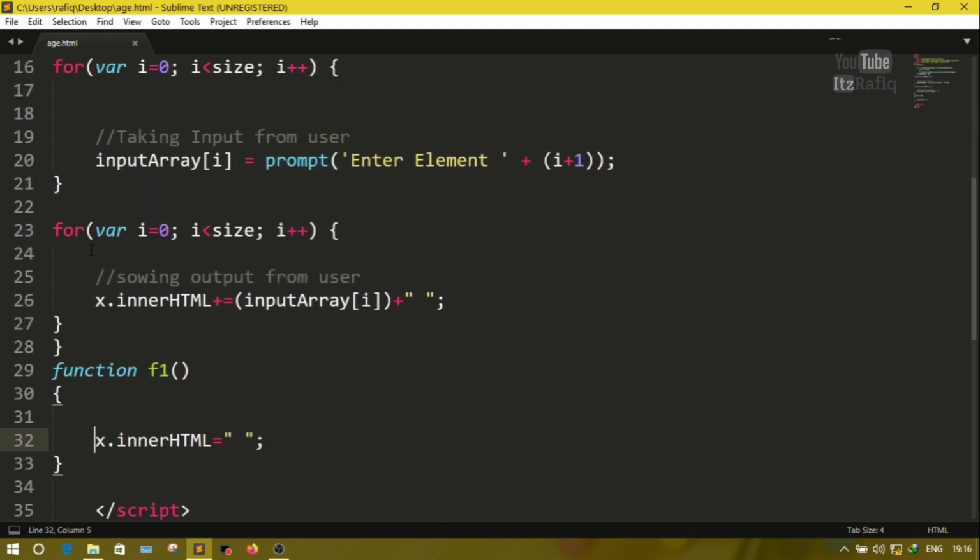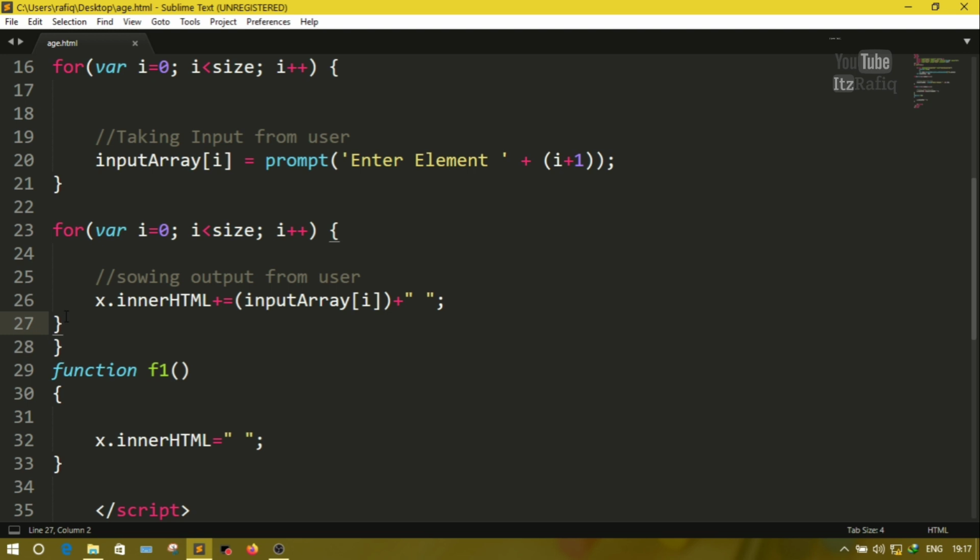For that reason here I am writing x.innerHTML. innerHTML plus equal inputArray[i] plus quotes, one empty space, quotes close, semicolon. So whatever output will be there in the array, it will display on that particular paragraph on the page.